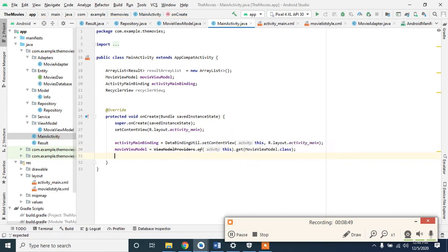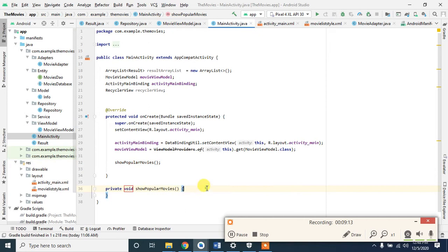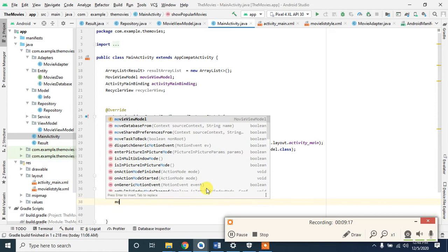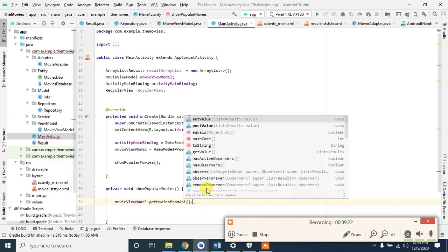We have initialized our view model here. So now what we need is simply to create two methods that are loading and adding the data to this database. So first of all, we will create show popular movies, and in here we will use movie view model get movies from API,